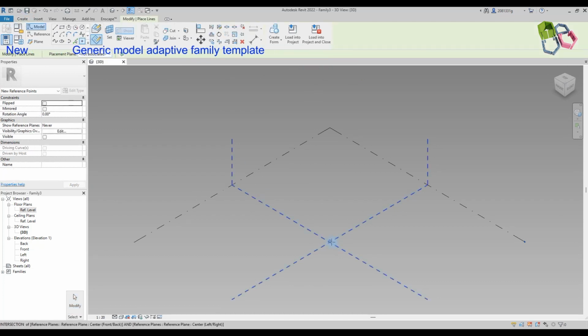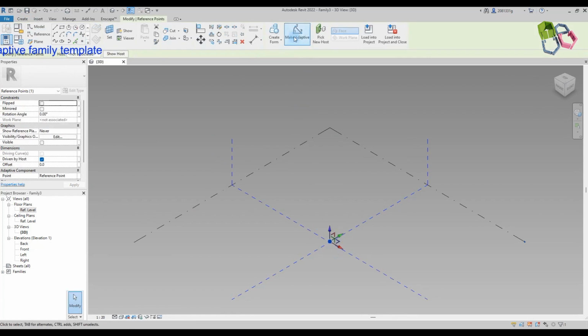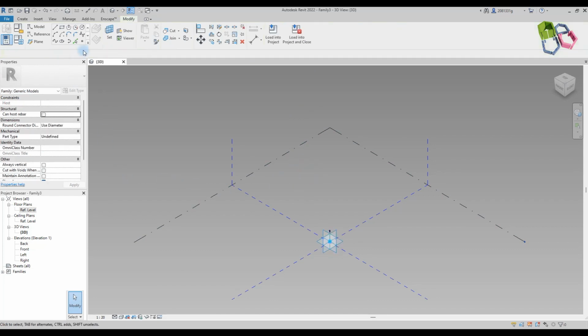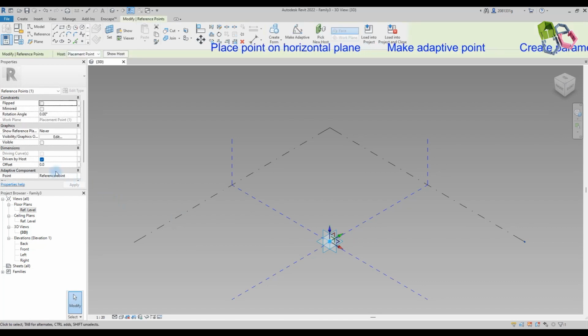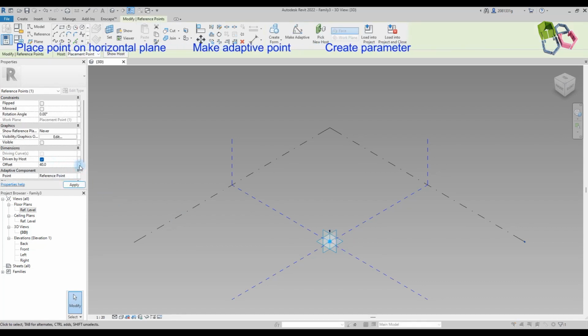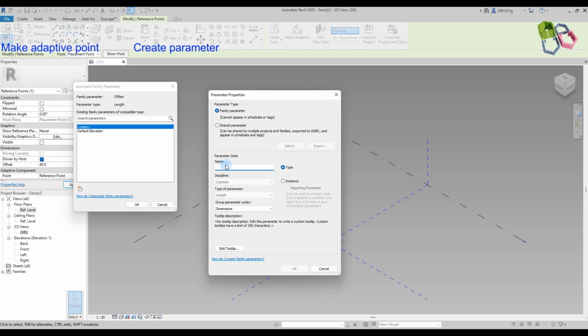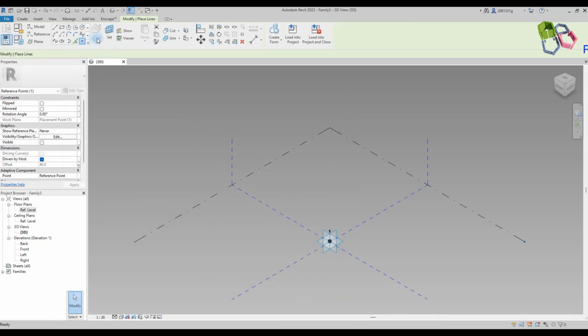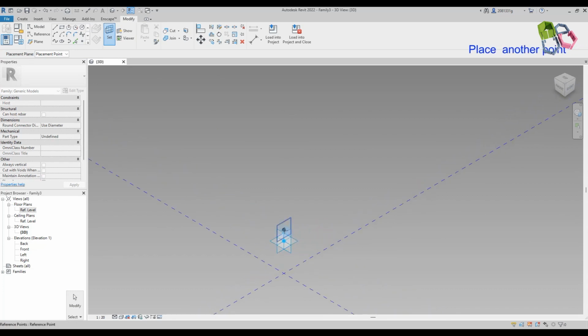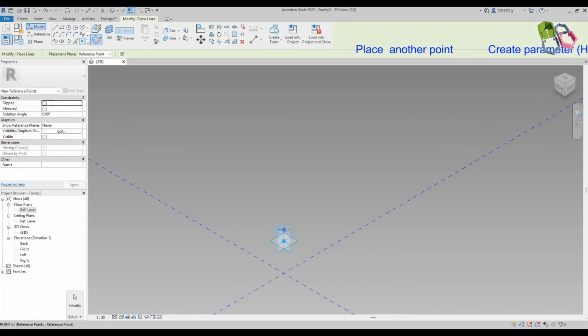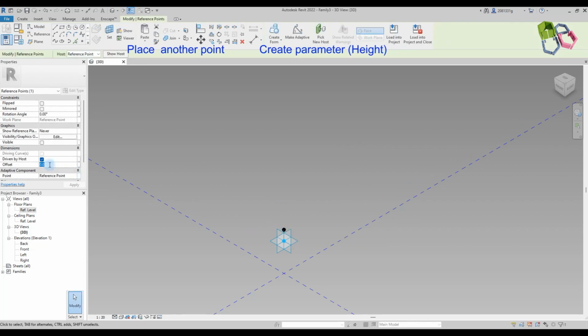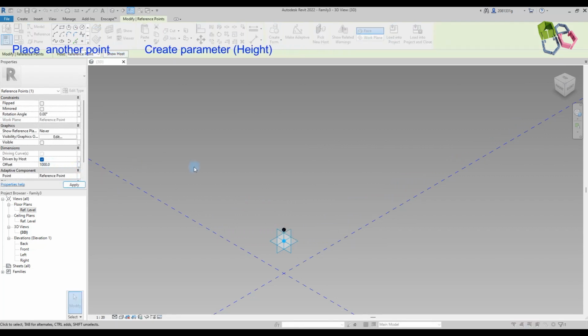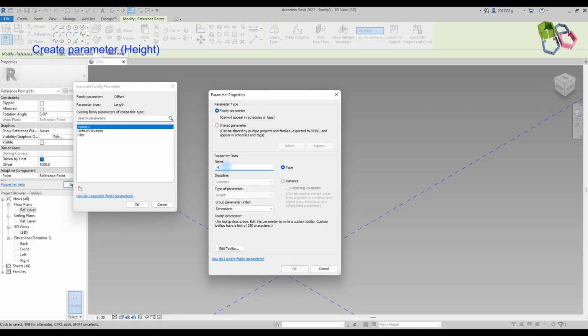Place a point here, select this, make adaptive, and place another point on the working plane. Set the working plane at the horizontal plane, place here, and create a parameter for the fillet, and another point to place on the horizontal plane. Set, place here, select, and create another parameter for the height,